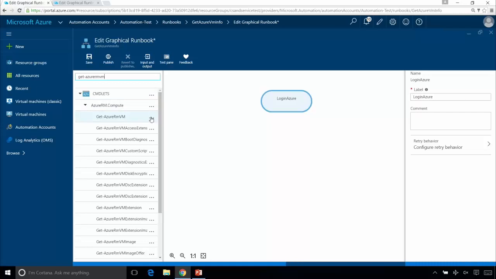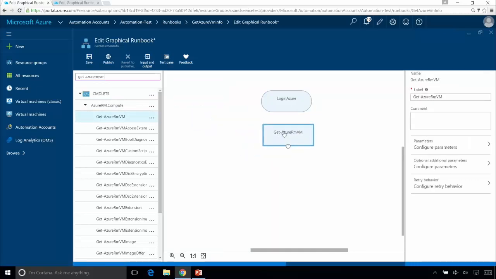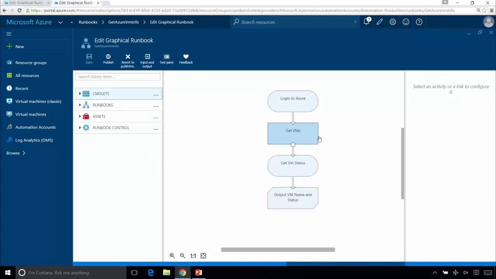Here's Get-AzureRmVM. Add that to the canvas. And that's rectangular because it's a cmdlet in this case. So we're giving you a little bit of hints here about what is the piece that you're using. Yep. And we decided here that